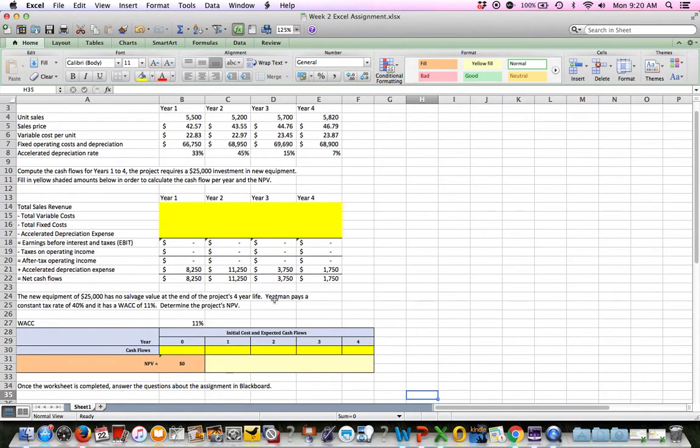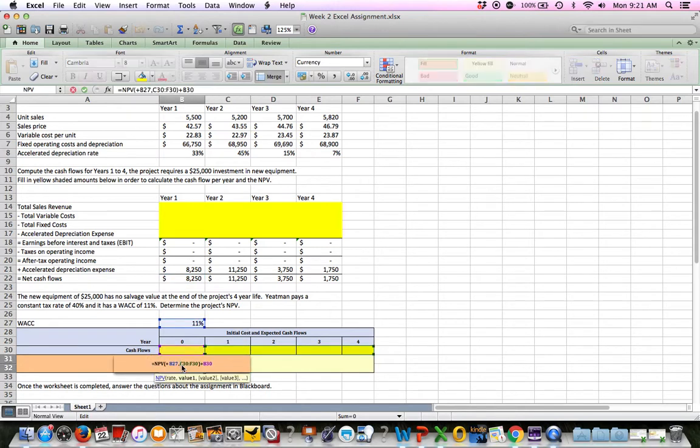So what you'll need to do here is, I left the WACC at 11%, which is what it's supposed to be, and type in the cash flows right here. So year 0, that negative, and the future positives based on what you get here. Okay, that's what goes here. And that will automatically calculate the NPV for you,